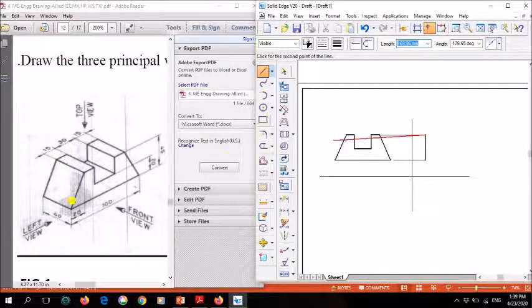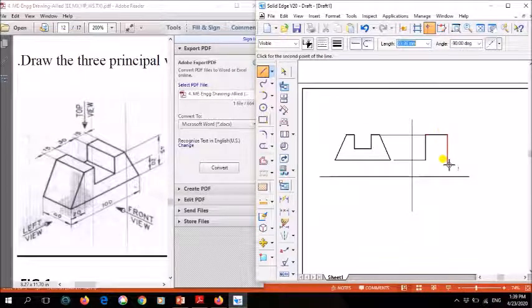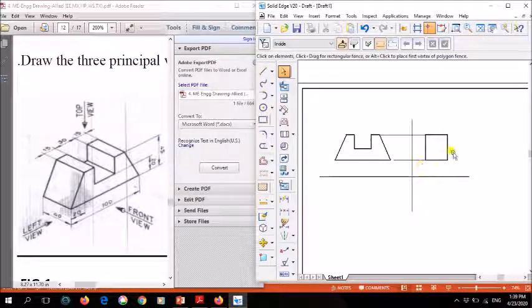Same way, next I've drawn a height. So what is the width they have given, that is this width, how much is it? 40 mm. On the right side you take how much? 40 mm. Same way now downwards, how much? 45 mm. And complete it, just downwards, 45 mm, and complete it. So I have drawn the side view.